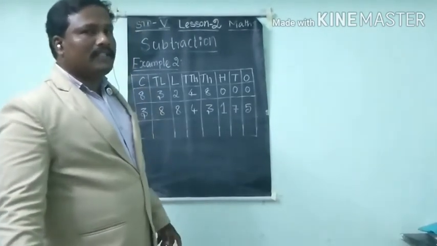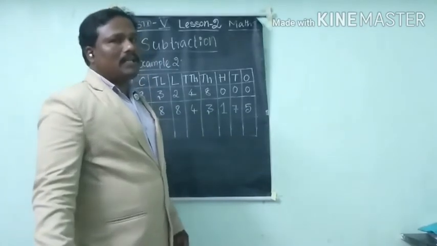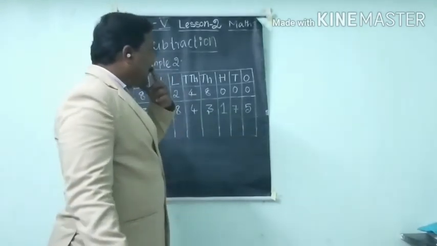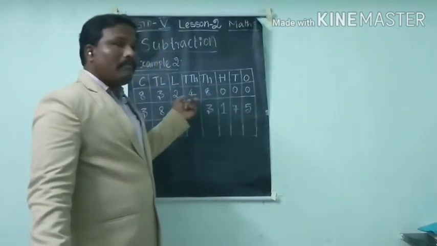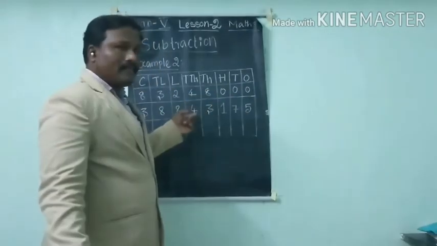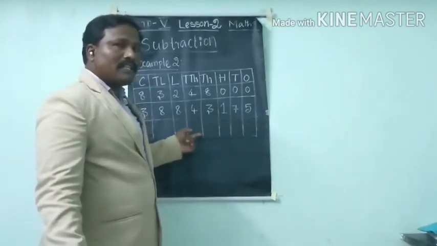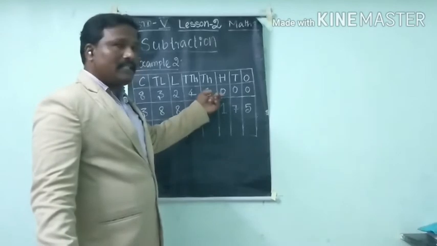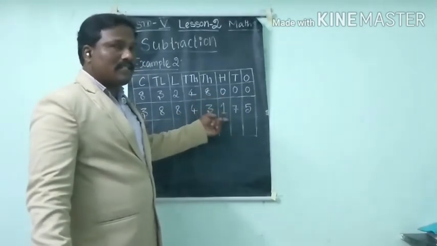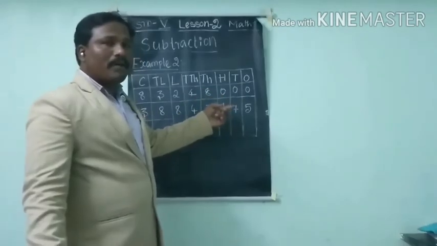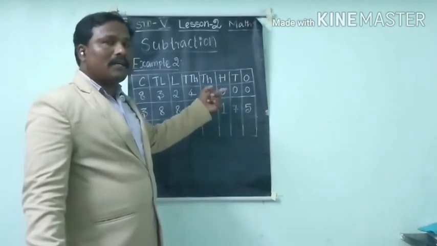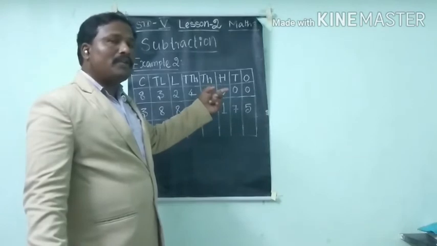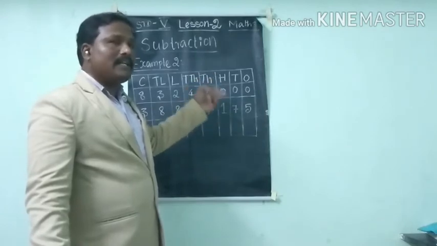Okay, let me solve this and find the male count. Listen, here they have given the minuend and subtrahend, and we want to find the difference. The difference is the male count. The minuend is on the upside and the subtrahend is on the downside. As I already told you, if the minuend is a bigger number and the subtrahend is a smaller number, there is no need to borrow from the nearby number. We can easily subtract.